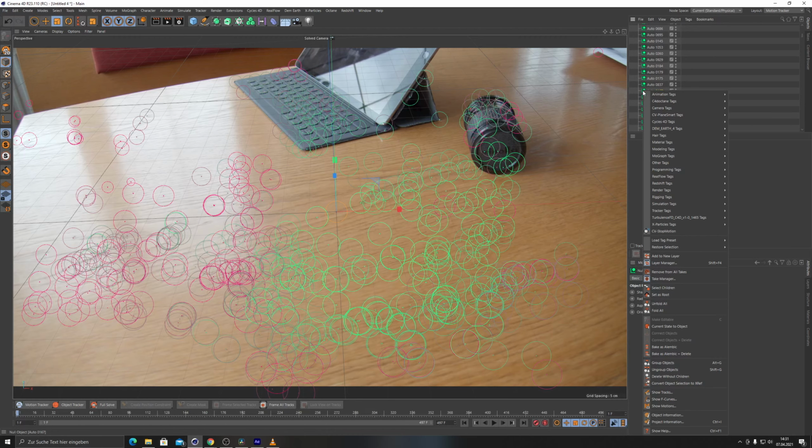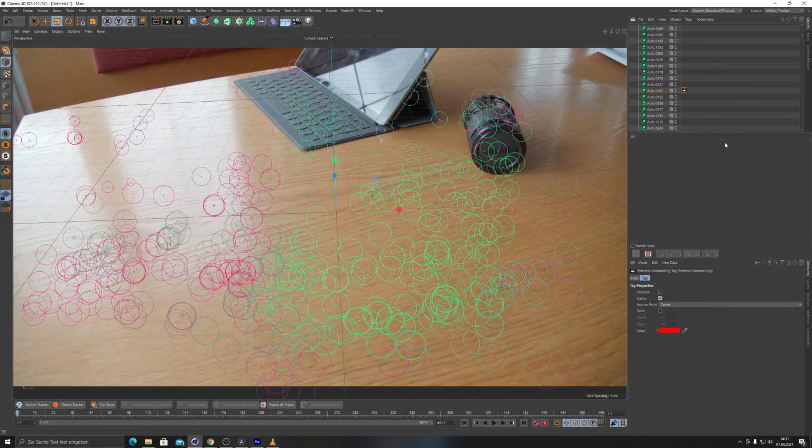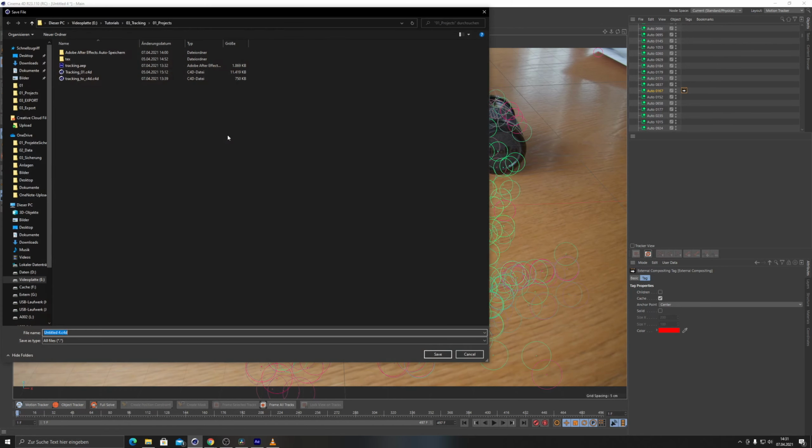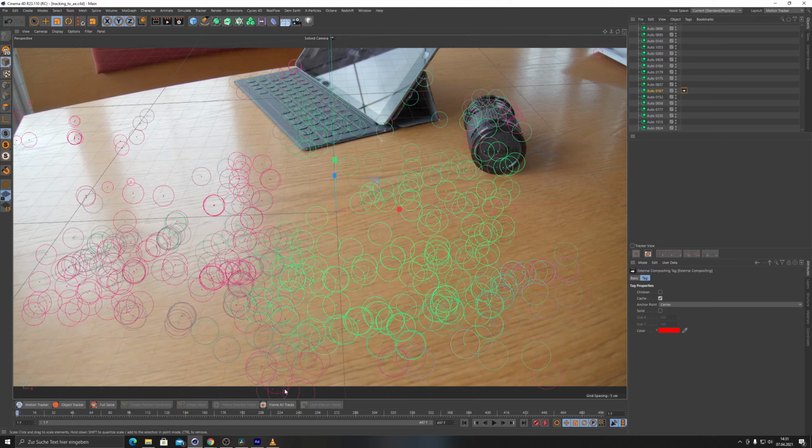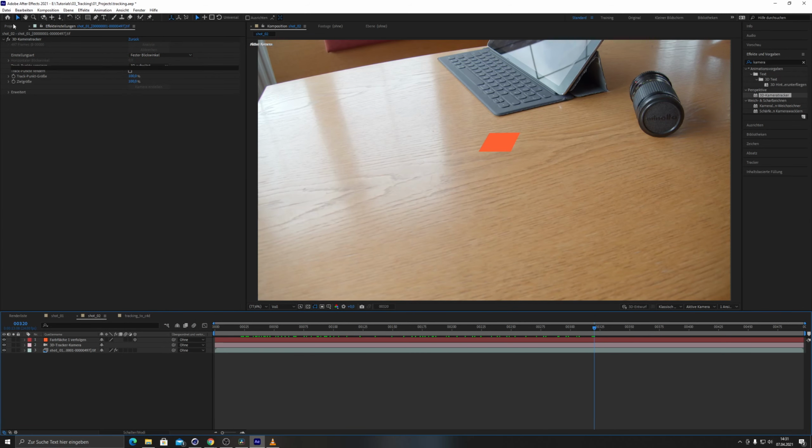So if I right click here and go to render tags, go to external compositing, we need this tag to be that, so that After Effects knows this is a point where I can extract. Okay, and I'm gonna save this file now. Save it as tracking to AE. Okay, in After Effects,